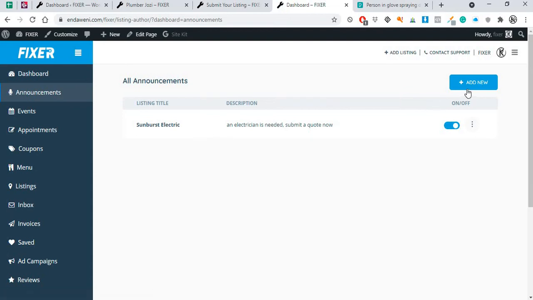So you can actually add an announcement for a lister or a company that lists on your website, and say, maybe, submit payments or submit quotes, or give an announcement to all the listers. Say that, okay, a listing is available now, please submit a quote so that the client can approve or whatever. Then over here we can set events,